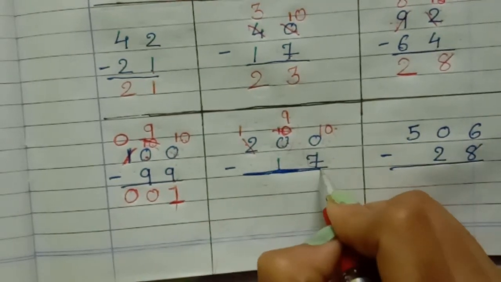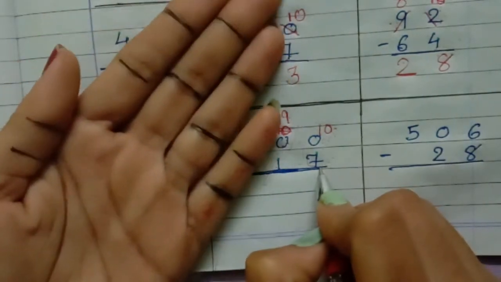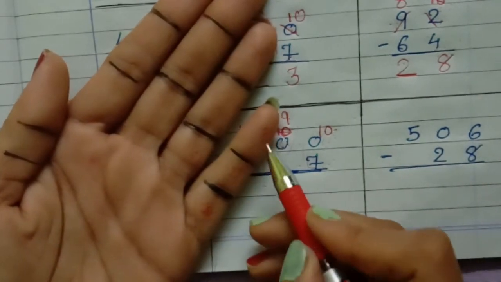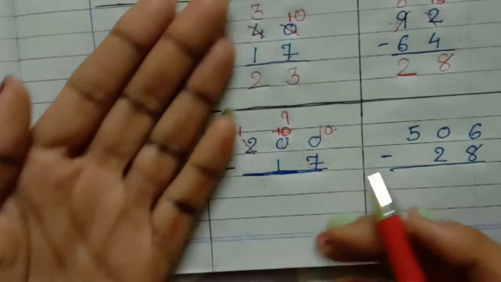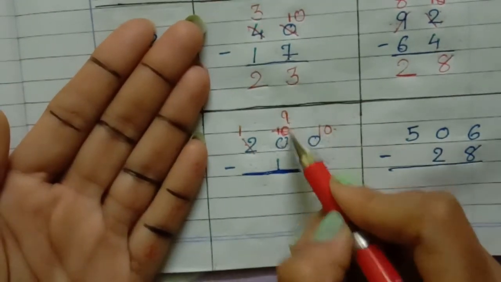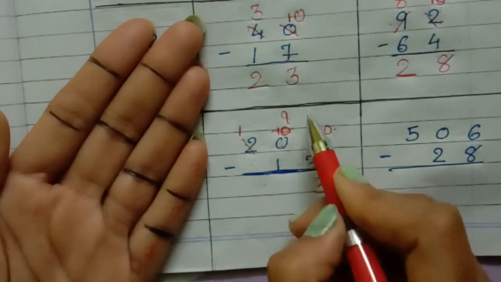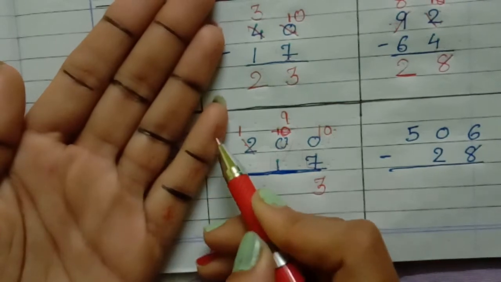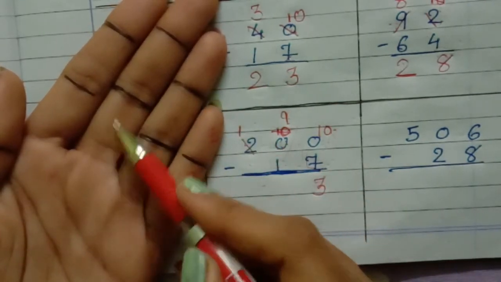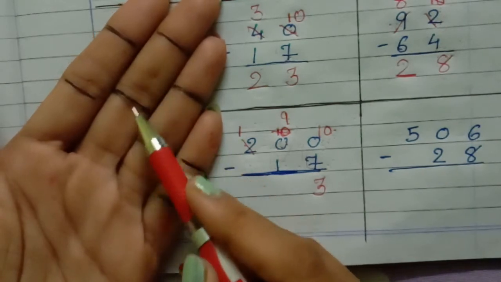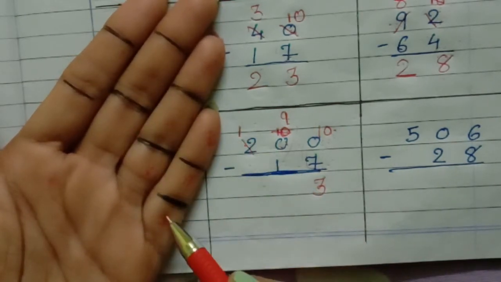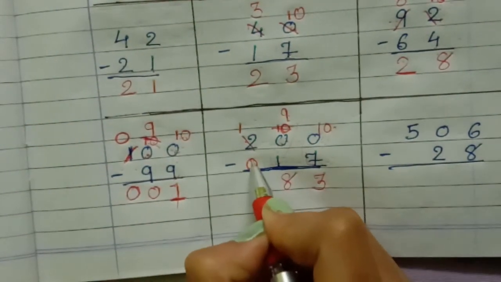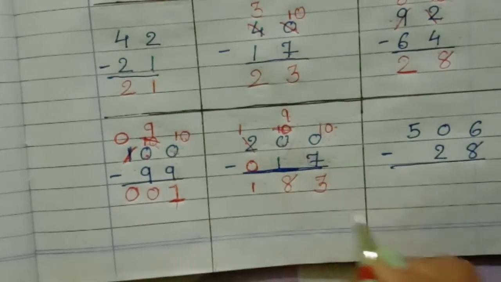Okay. So 10 minus 7. We will start after 7 till 10. 8, 9, 10. How many? 1, 2 and 3. So write here 3. 9 minus 1. After 1 we will start counting till 9. So 2, 3, 4, 5, 6, 7, 8 and 9. How many is it? 1, 2, 3, 4, 5, 6, 7 and 8. And 1 minus nothing is given, so it means 0. 1 minus 0, 1.